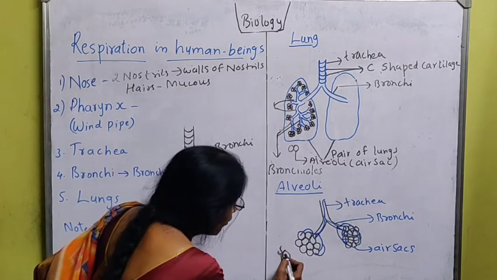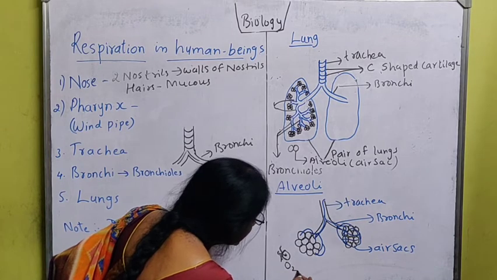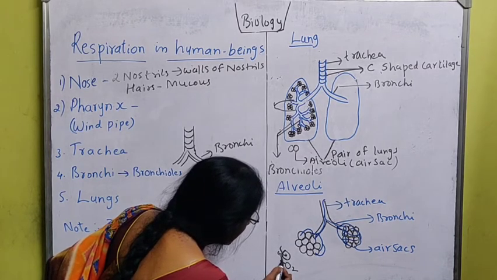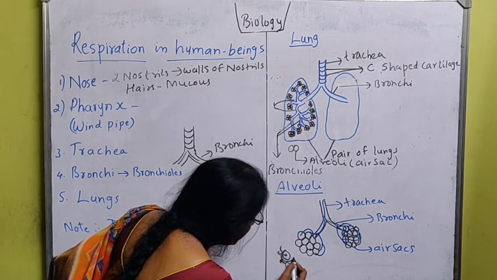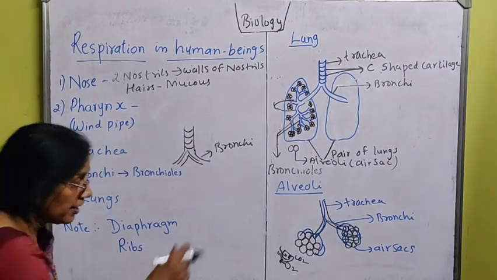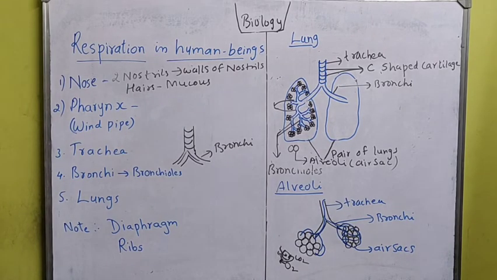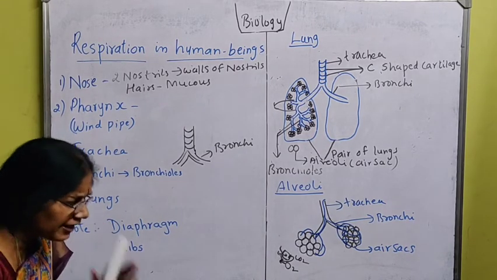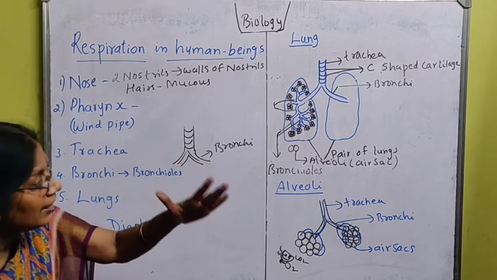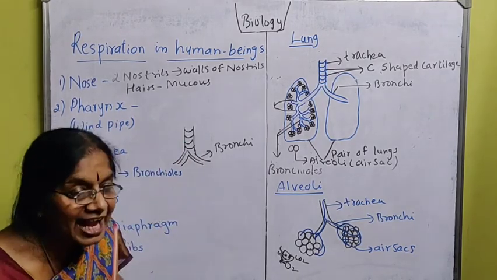So what happens here? The air sacs contain oxygen, so they give oxygen to the blood capillaries. From the blood capillaries, they take carbon dioxide. So now in the air sac, the carbon dioxide is there. When each and every alveoli in both the lungs have exchanged the gases,